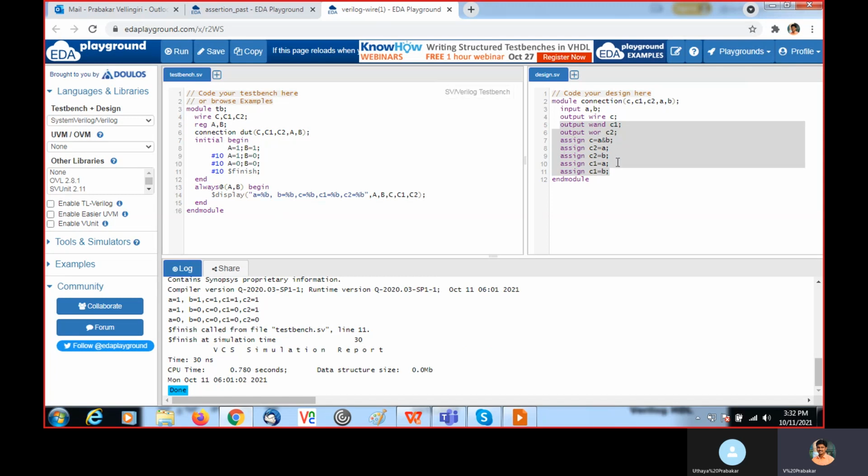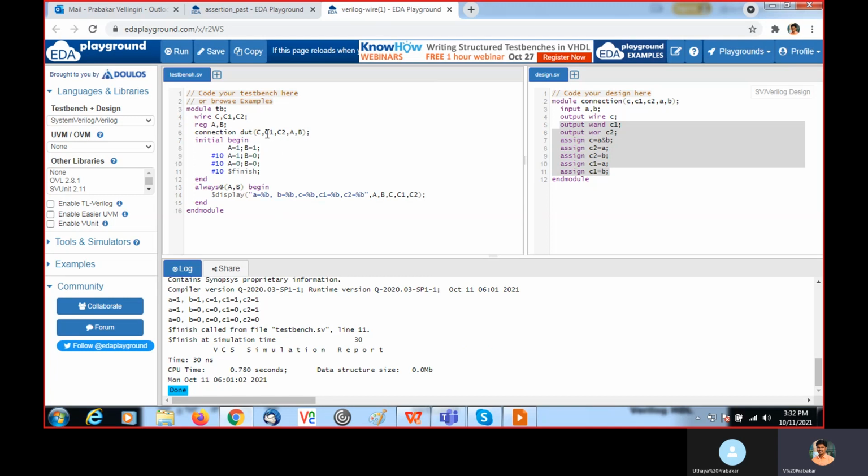I pass the input A, B values. Here you need to instantiate the design. This is nothing but the module name, and you can give any name here as an instance name, and you need to map the ports. There are two types of mapping.